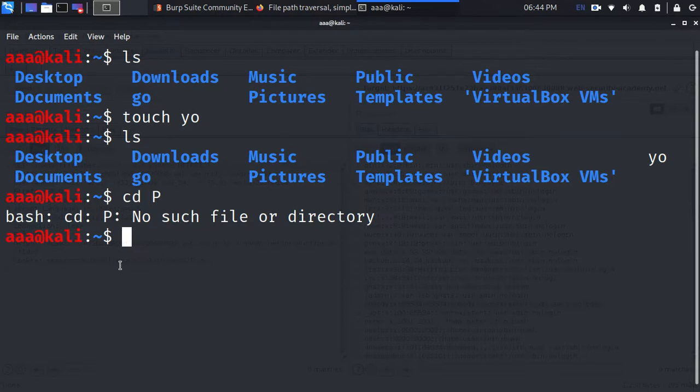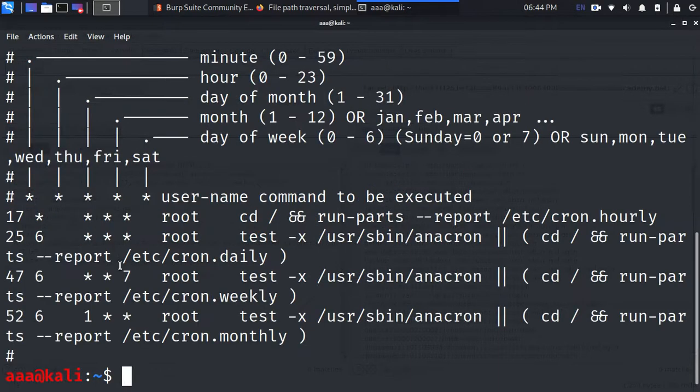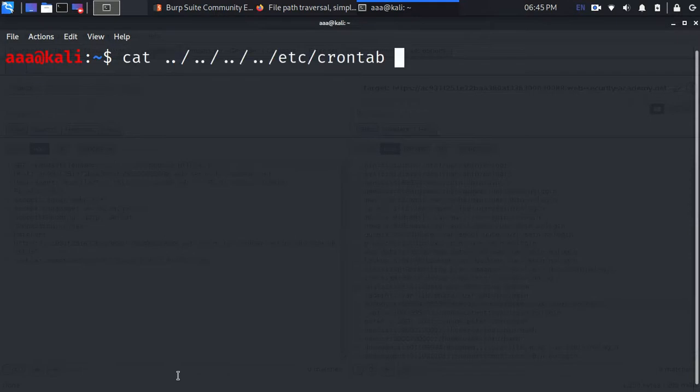I'll cat out /etc/crontab, and this will give me some answer, but even before this, if I add ../ ../ ../ ../ it will still give me the same answer. See, now I'm going to press enter, it is still giving me the same answer.